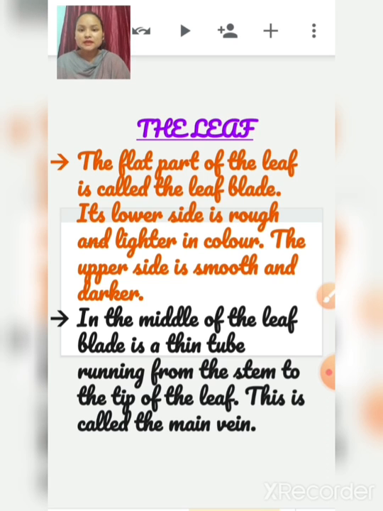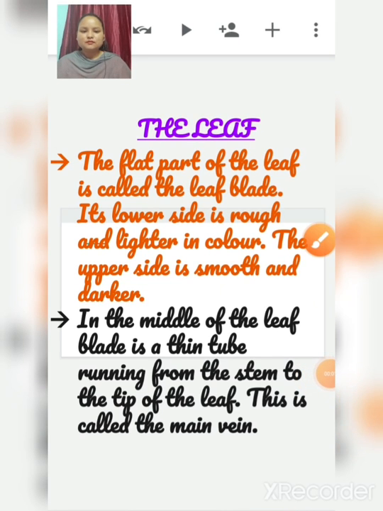Now what do we need? What do animals need? We need air, water, food. In the same way plants also need air, water, food. Air and water they are getting, but how do they get food? Do we feed them? Do you give chapati to them? No, you don't, right? Plants make their own food. So how do they make food? We are going to discuss it.